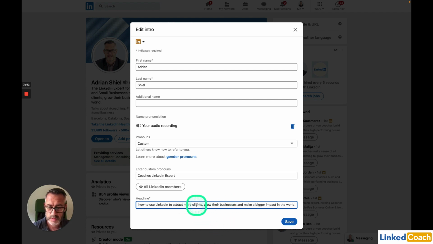To attract more, I think I'm going to put to generate more leads to, because both those words came up. Generate more leads, attract more clients. I'm going to delete that. I'm going to put